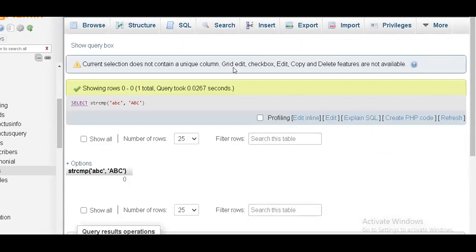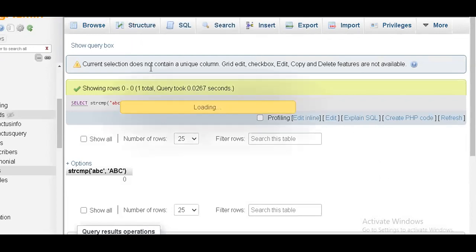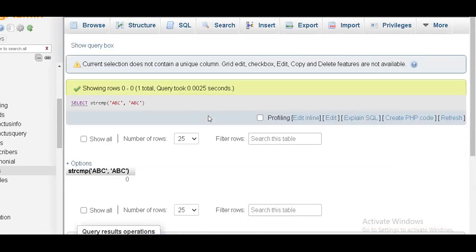Now it says it's false. Okay, it says false because it doesn't treat the small abc as equal to capital ABC. Okay, we'll see whether both are same or not. I'll go with this and check whether this is same or not.